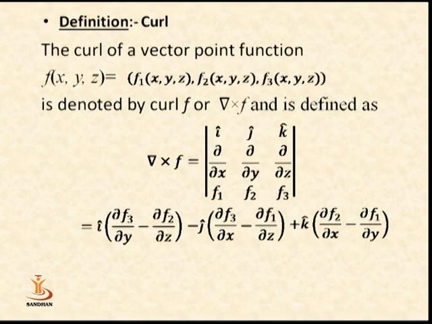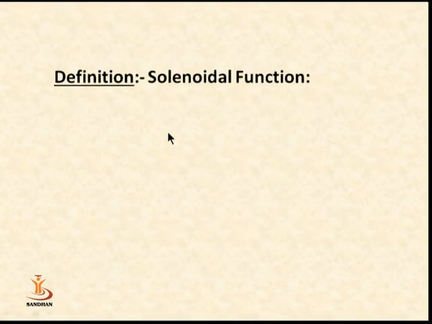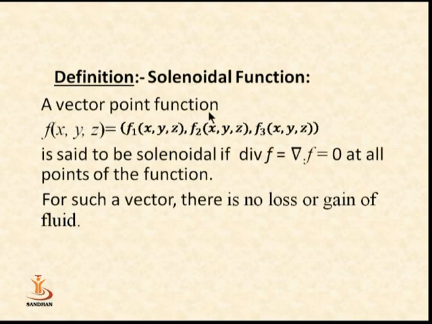Similarly, we see the definition of a solenoidal function. A vector point function f(x,y,z) equal to (f1(x,y,z), f2(x,y,z), f3(x,y,z)) is said to be solenoidal if divergence f or del dot f is equal to 0 at all points of the function. We know that divergence is a function where we take a vector point function and convert it into a